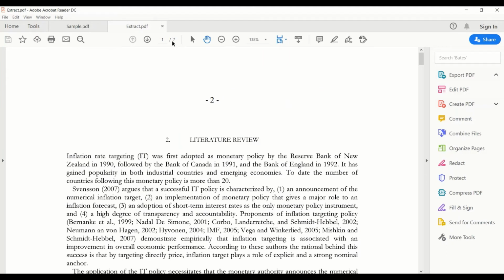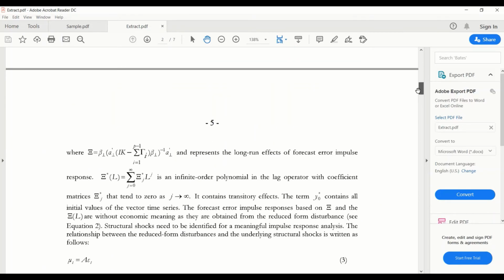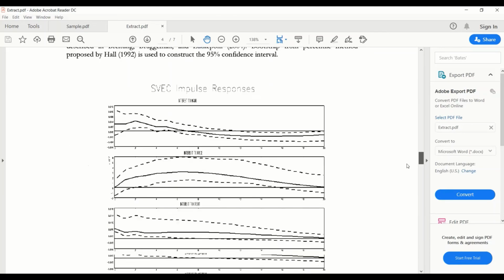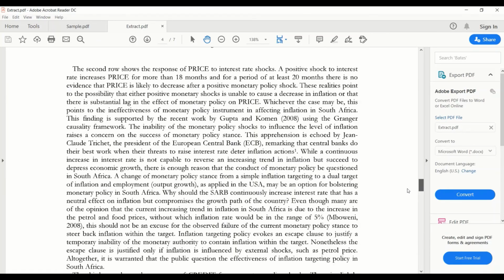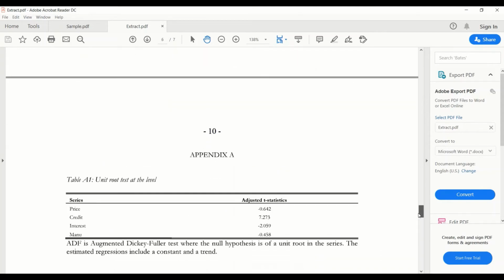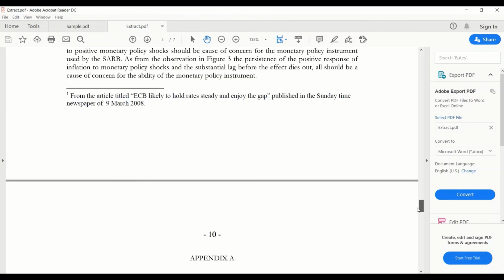You can see firstly that 7 pages have been extracted. I had extracted page number 2, which is the first page of our document. Then as we move down, we see page number 5. In our discontinuity series, we had page 2 and then page 5 to 8, so now you will see pages 5, 6, 7 and 8. After that again there was a discontinuity and then we wanted from page 10. So the next one is page 10, and the last one is page 11, and here you come to the end of your document.